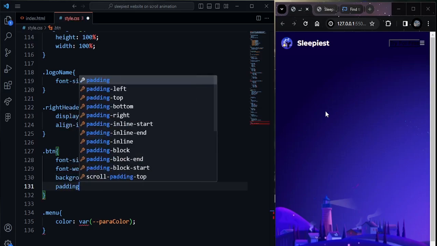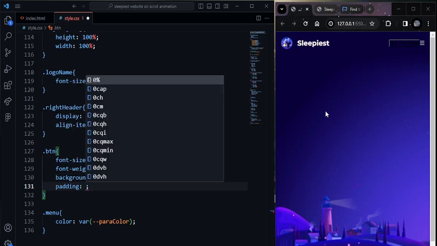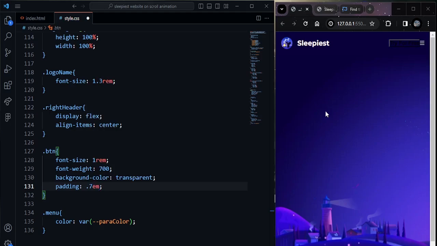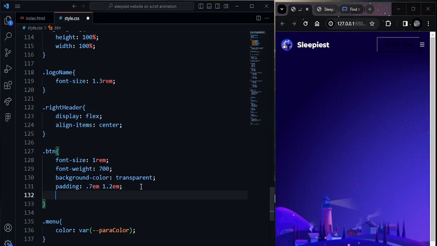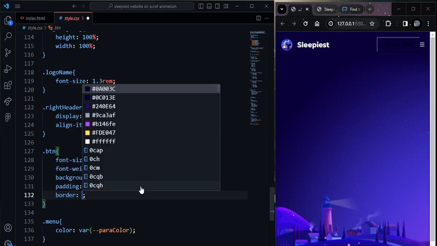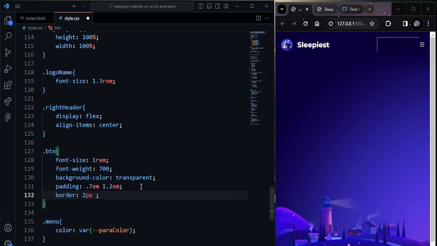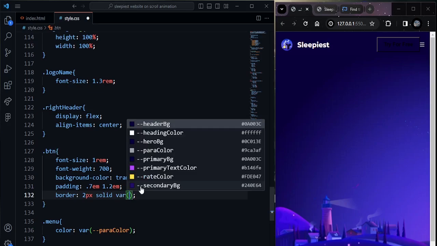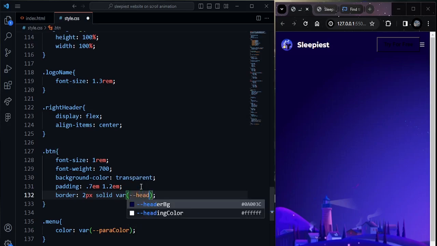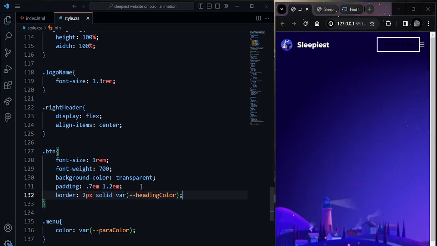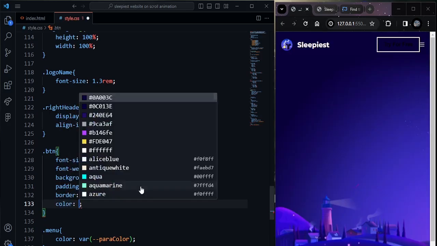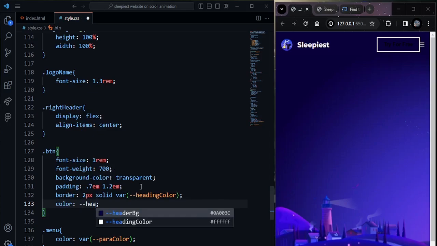And the padding 0.7em and 1.2em. And the border 2 pixel solid, and the border color will be heading color, and the text color also the same color